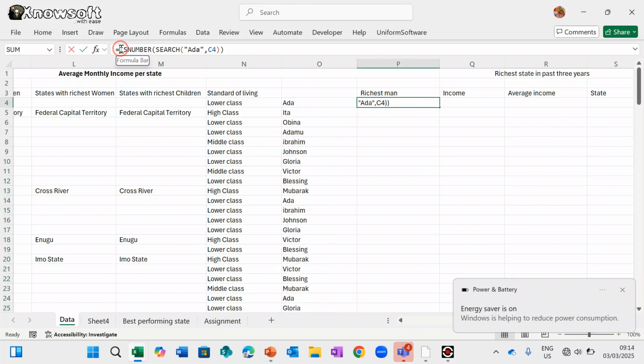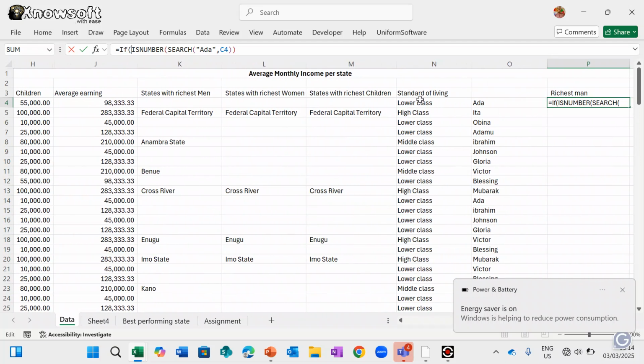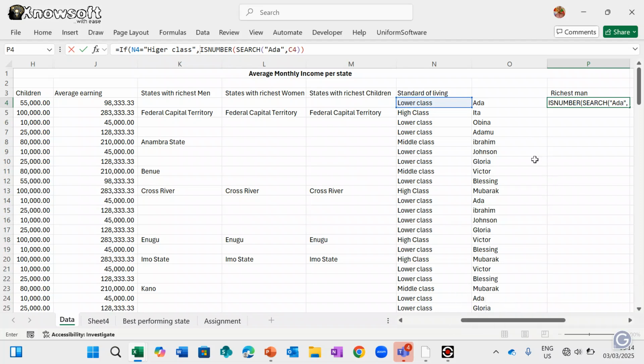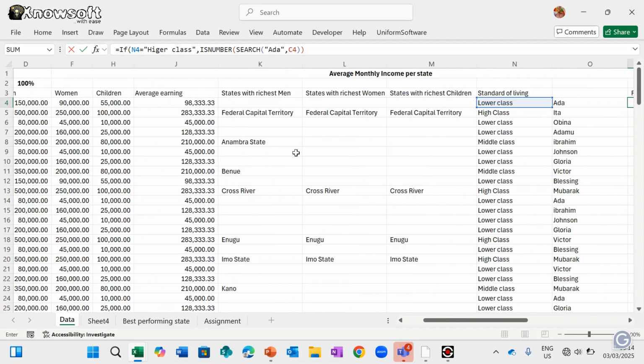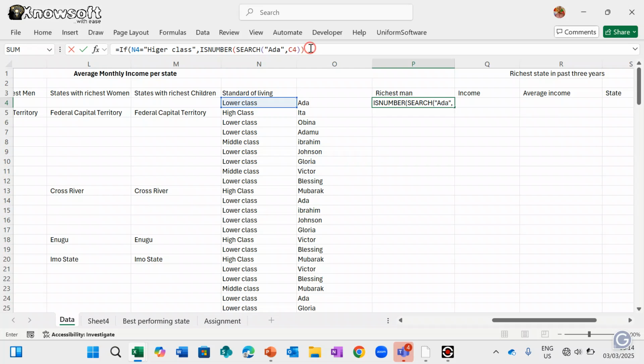So we can now say if bracket this place here is equal to high class, then comma, find out if Ada is in that place, find out if Ada is in this cell, and if Ada is there, bracket this up to the bracket and take